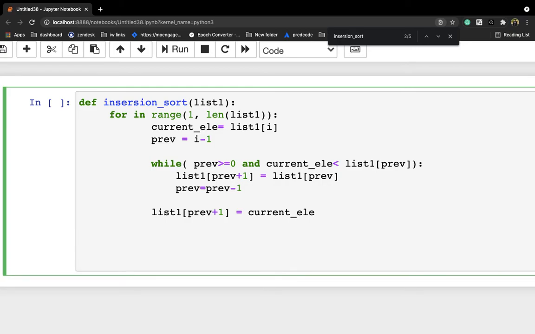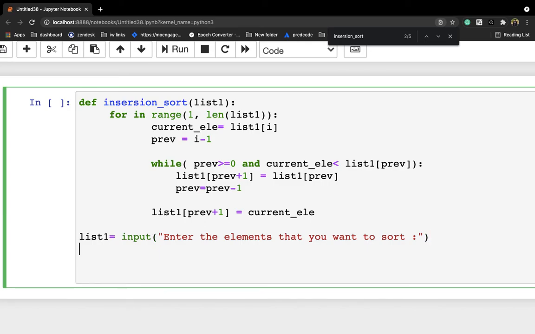And now I'll write list1 is equal to, let me take input from the end user. So I'm writing here input, this is the built-in function, with the prompt "Enter the elements that you want to sort." Okay, so this will take input from the end user, and then I'm writing here split.